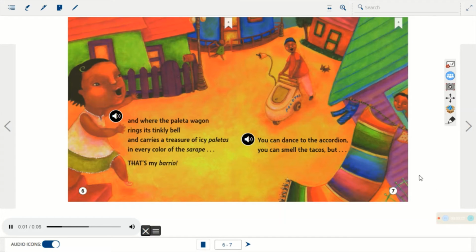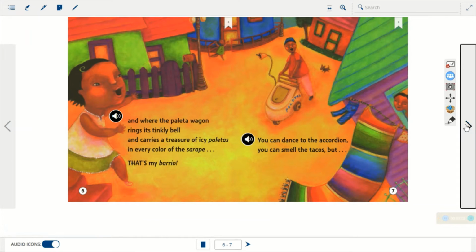You can dance to the accordion, you can smell the tacos, but